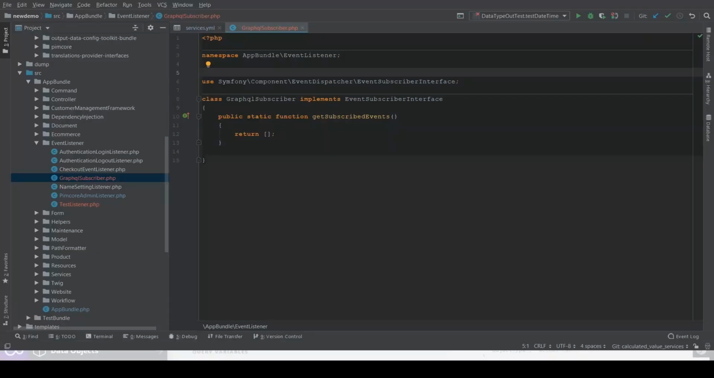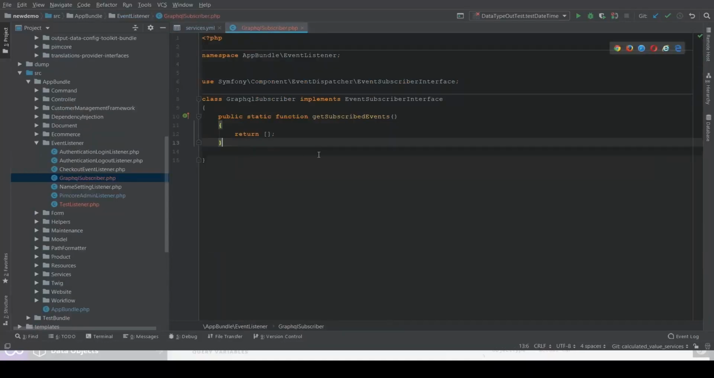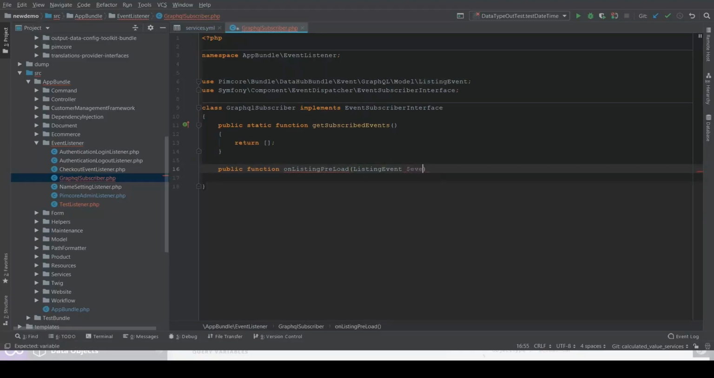So for that purpose, you can either use Symfony event listener or event subscriber. So here I have implemented an event subscriber class and registered this class in services YML with the tag kernel event subscriber so that Symfony identifies this class as event subscriber during kernel execution. So now we need a method for our custom logic. So let's add on listing preload method, and we need to provide listing event parameter to this method,